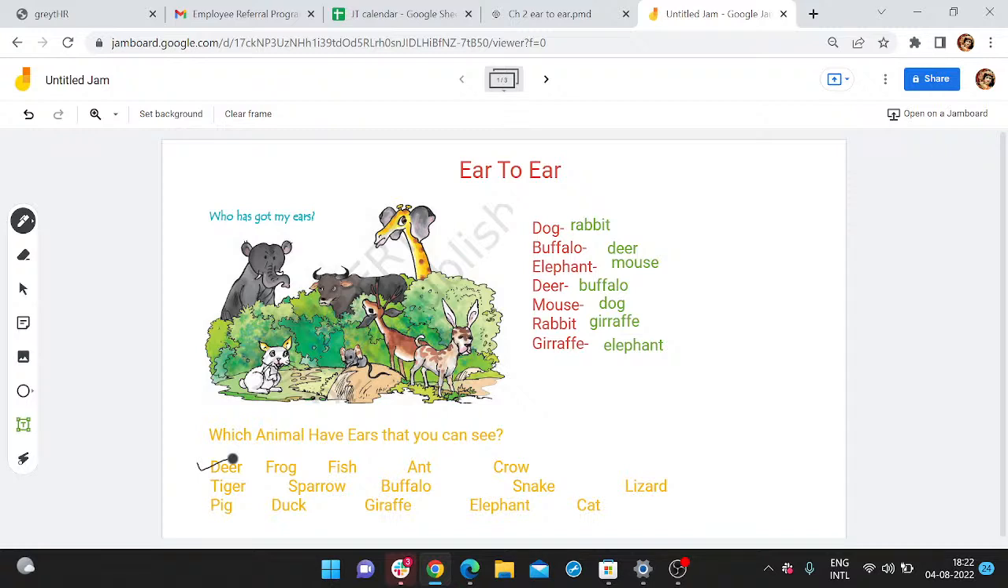क्रो भी एक बर्ड है, हम उसके ईयर्स कभी नहीं देख सकते। क्रो हमारे गैलरीज में यूजुअली आते हैं, बट वी कैन नॉट फिगर आउट देयर ईयर्स, तो इसके भी ईयर्स नहीं होते हैं। नाउ लेट्स कम ऑन टू टाइगर।